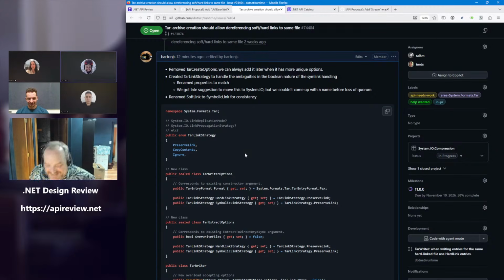And we're not going to name a property tar writer options dot true for preserve or false for copy. And yes, we could drop ignore if we wanted to. All right. On that bombshell,